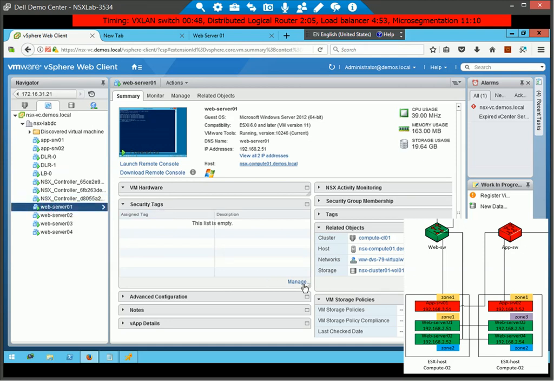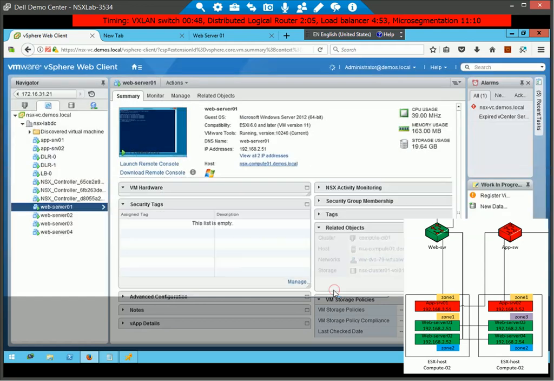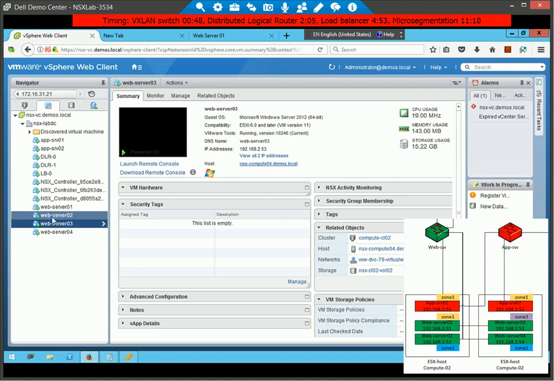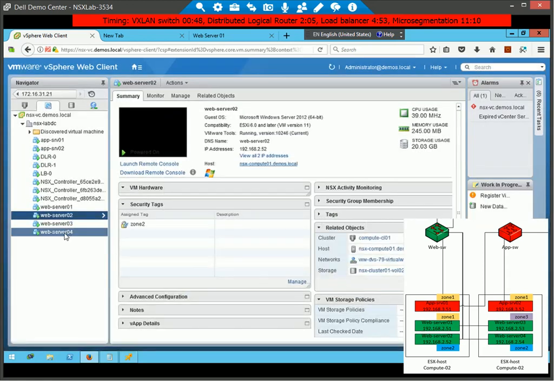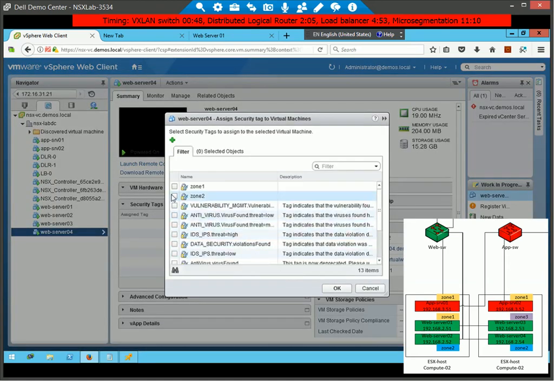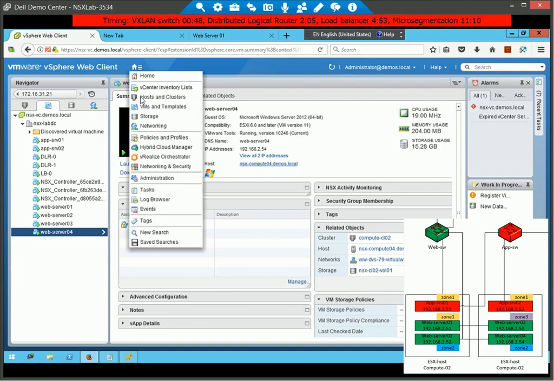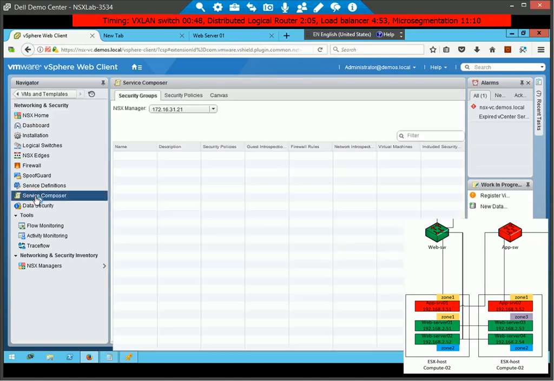I will attach the web servers directly or put a security tag on the web servers that I want to have. And you see that for zone 1 it's web server 1, and for zone 2 I add web server 2 and 4. At a later stage I will add web server 3 to zone 3. Now we go into the service composer,